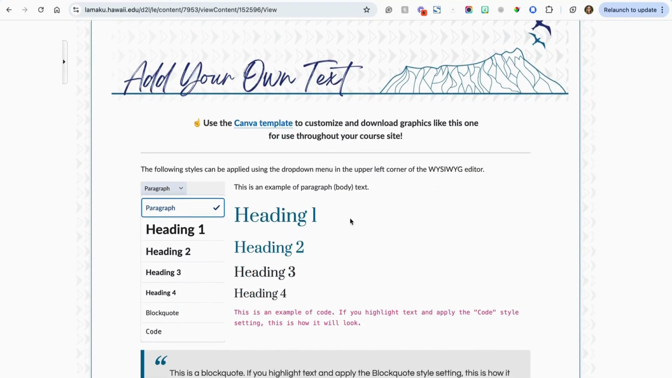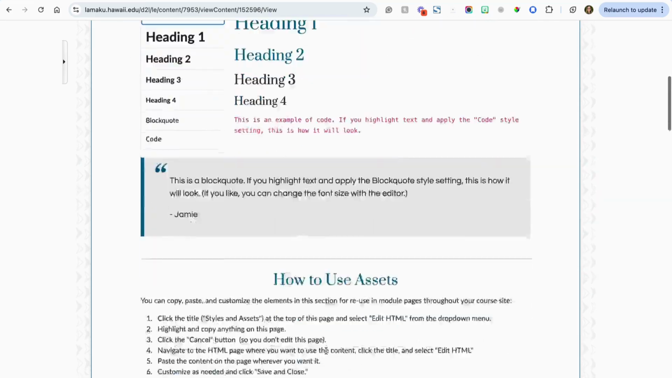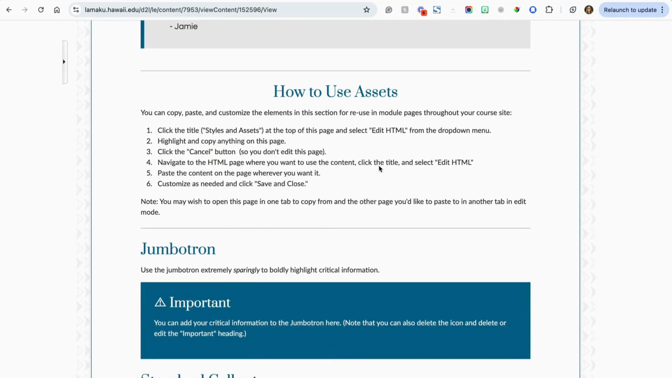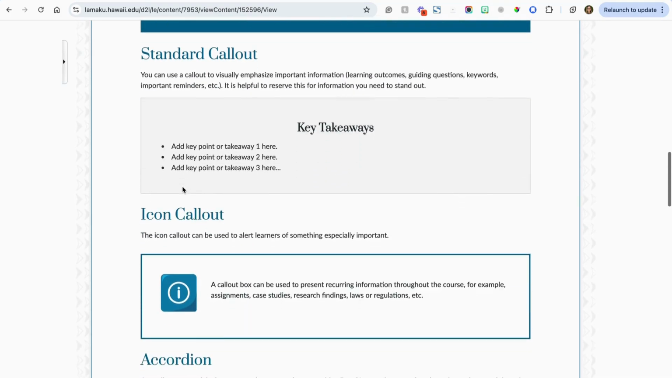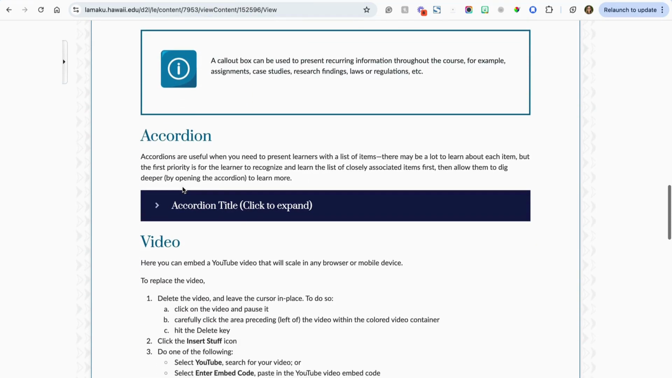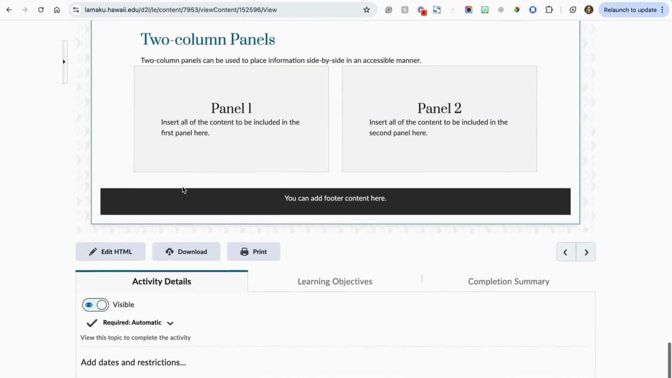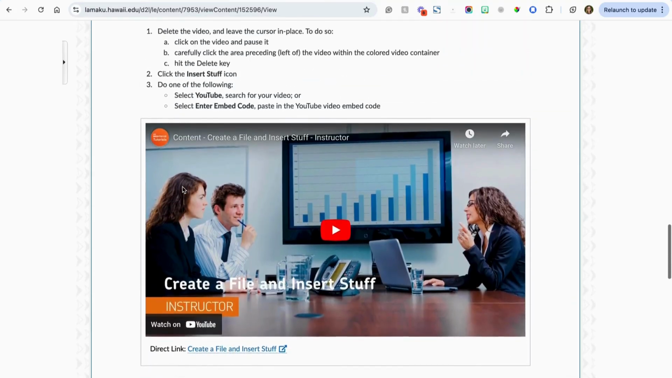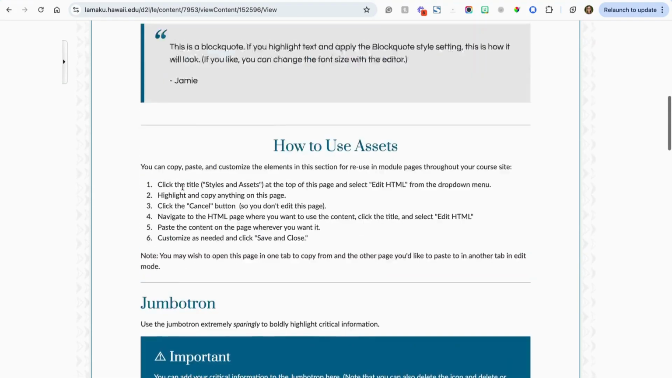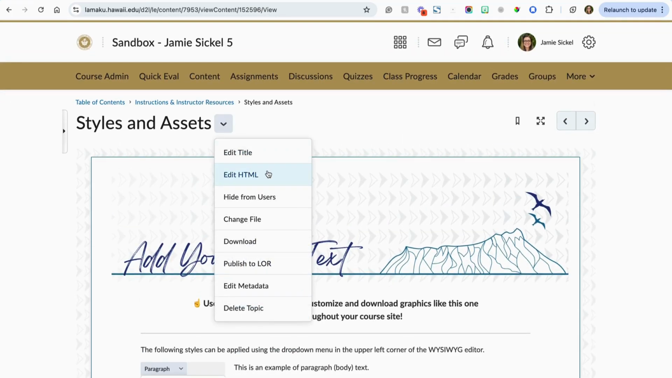This includes examples of all of the various styles that you can apply to your text within a page, information on how to use this document, and then examples of all of the differently styled assets that you might decide to copy and paste into your content pages. So it's sort of like a library where you can copy each of these elements and paste them in your page as you're developing. So what I would do is I would open this in edit mode